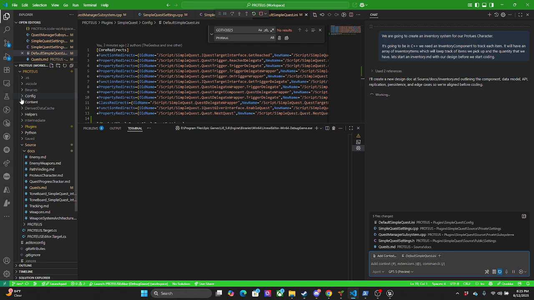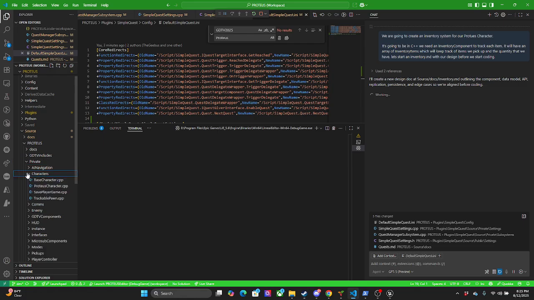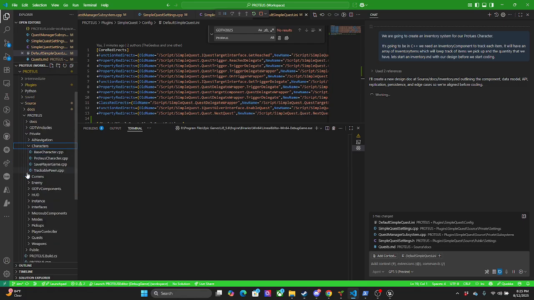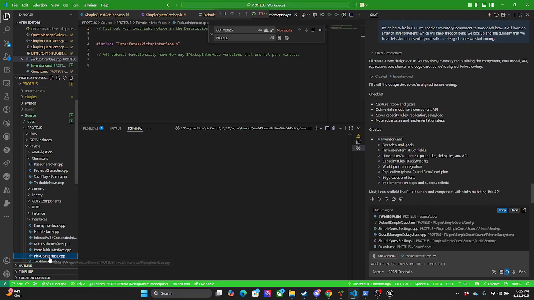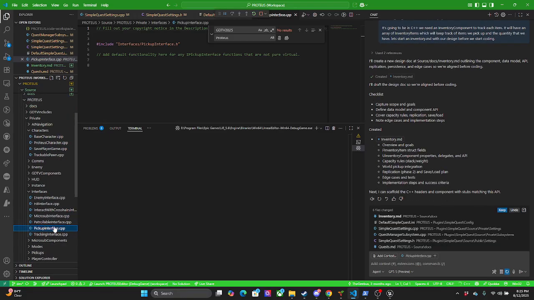We're going to look at Proteus. Pickup interface. That's what I was looking for. So we have a pickup interface.